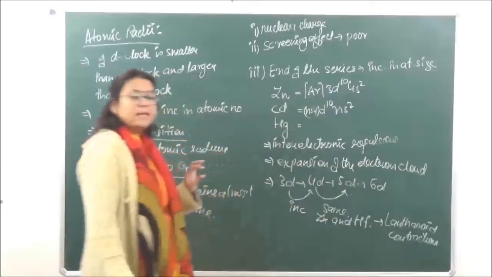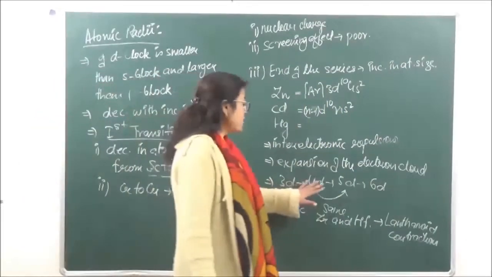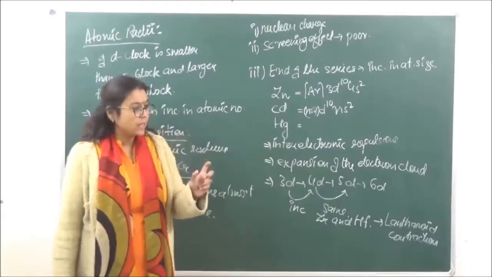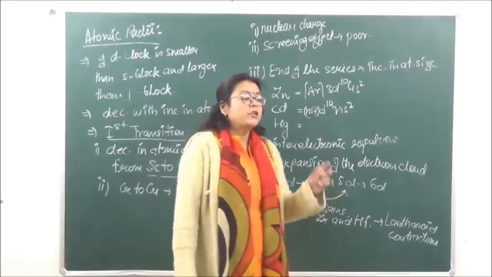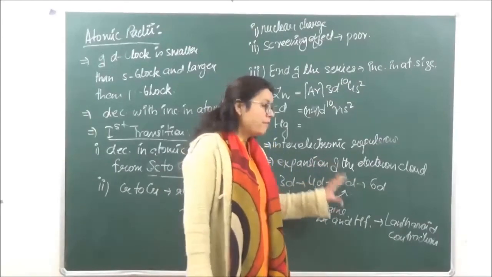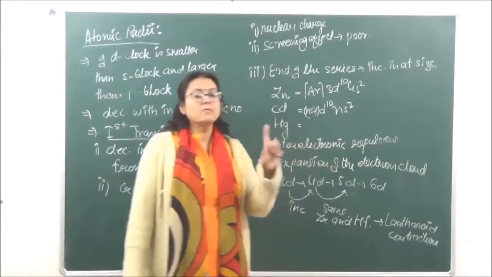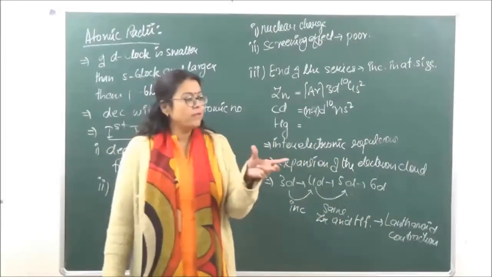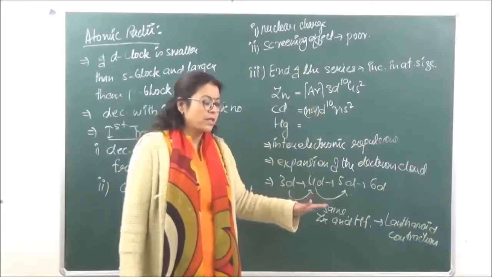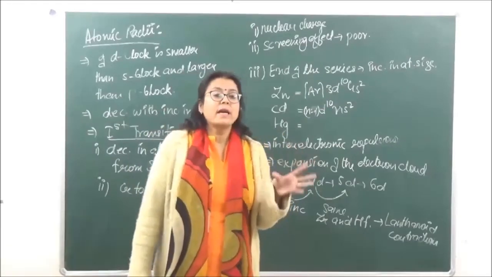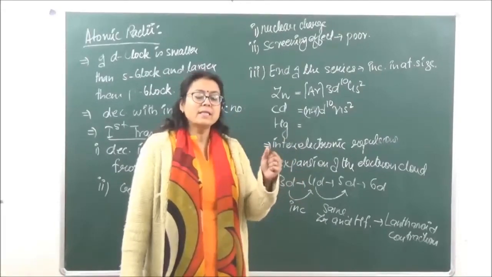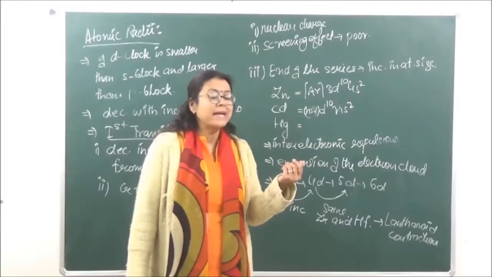Now, what do we understand by the term lanthanoid contraction? जब हम 4d से 5d में जाते हैं तो 5d फिल अप करने से पहले हम 4f के 14 इलेक्ट्रॉन्स फिल करते हैं। जब हम वो 14 इलेक्ट्रॉन्स फिल करेंगे तो जो f है उसका शील्डिंग इफेक्ट d से भी पुअर है। Because of poor shielding effect, that is we are filling up from lanthanum to hafnium, as I said yesterday, पहले हम 4f complete फिल करते हैं ल्यूटीशियम तक और फिर उसके बाद हम 5d को फिल करना शुरू करते हैं। तो वो जो f के इलेक्ट्रॉन्स हैं they are going to offer poor shielding effect, जिसकी वजह से the outermost shell is attracted towards the nucleus by greater nuclear charge.